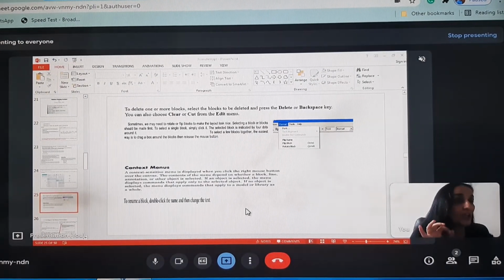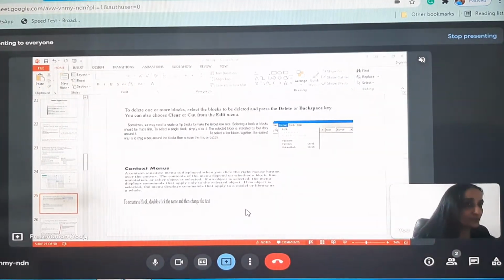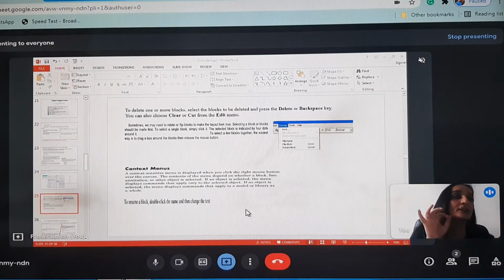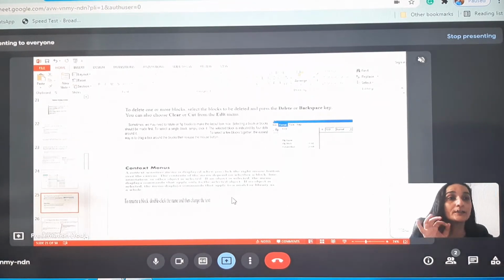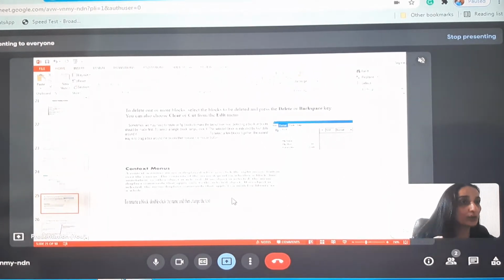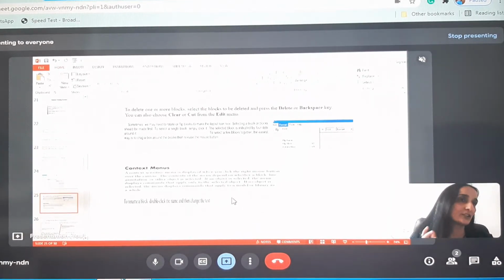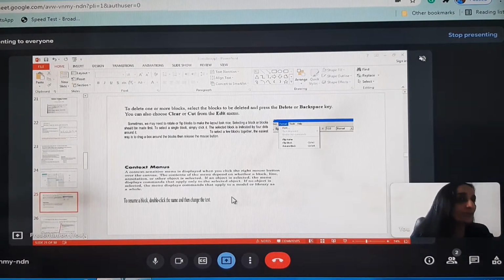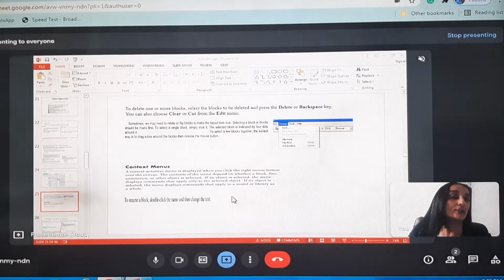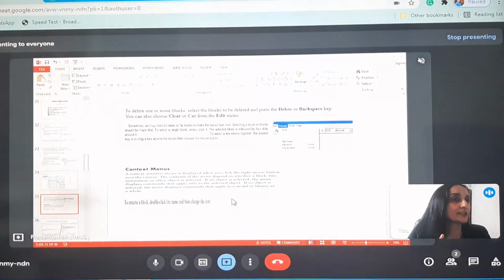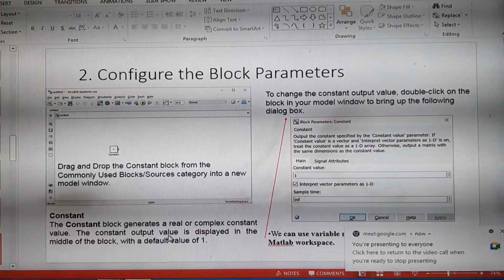But if we click the right mouse button over an object, then the contents of this context sensitive menu depend on whether a block or line or any annotation or other object is selected, and the commands in that menu can be applied only to the selected object. Fine. Now moving on to the next slide.